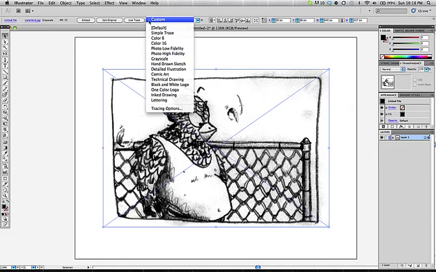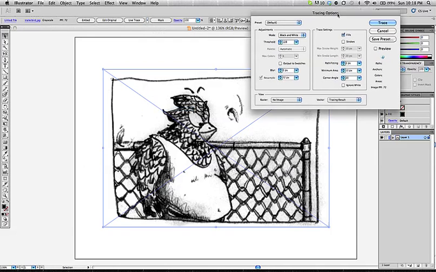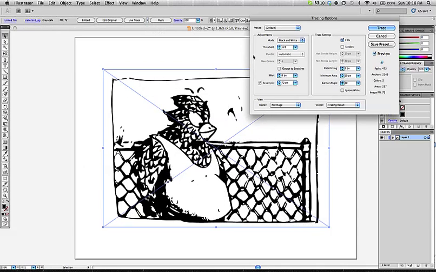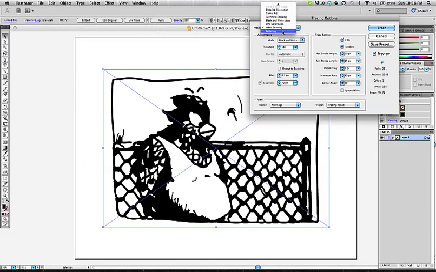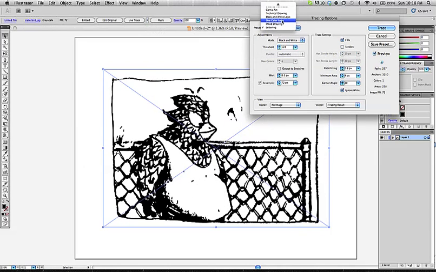So with it selected, I'm going to go to my Live Trace preset tracing options, hit preview, and right off the bat, the default trace is somewhat pleasing. But I could try some of these different presets, see if there's anything in there that I enjoy. Lettering obviously is going to be really true to the form because you're trying to create outlines of letters, from a book scan or something. But you can jump around and see what different results the tracing presets have on your